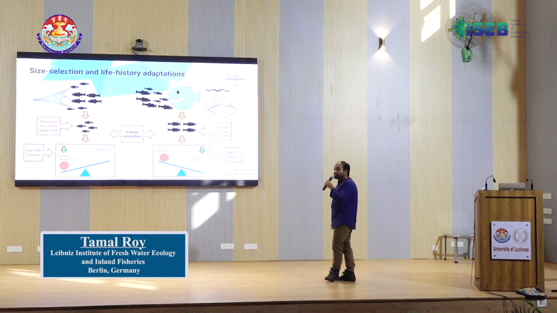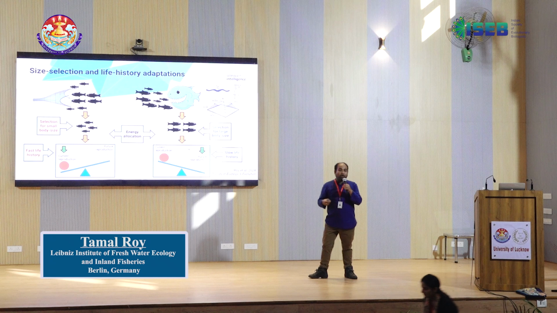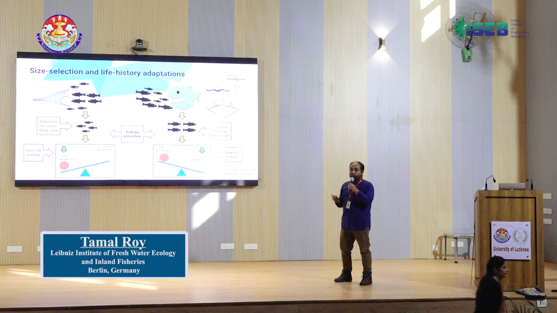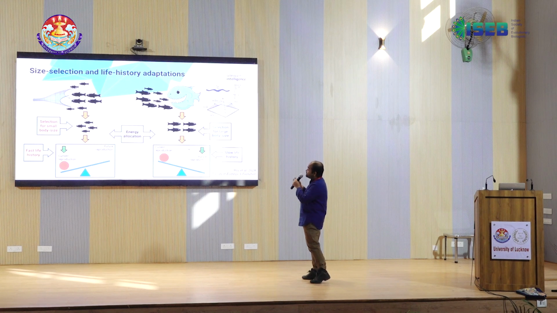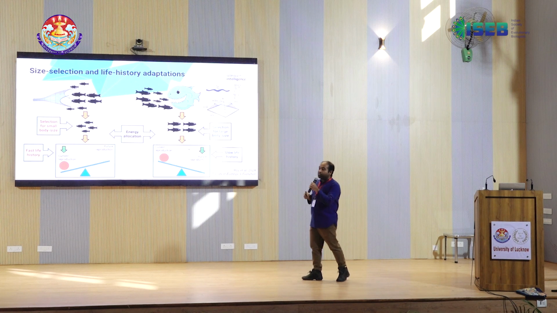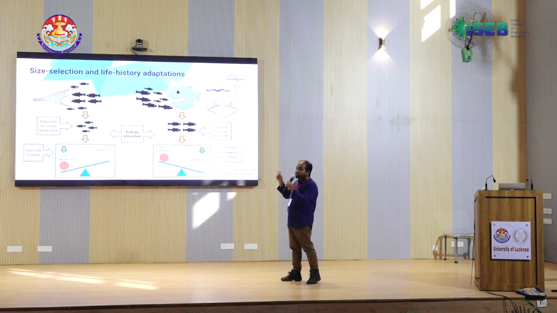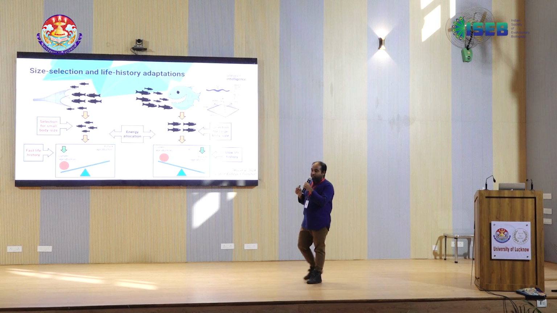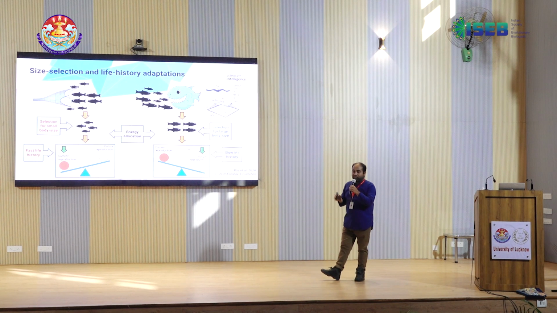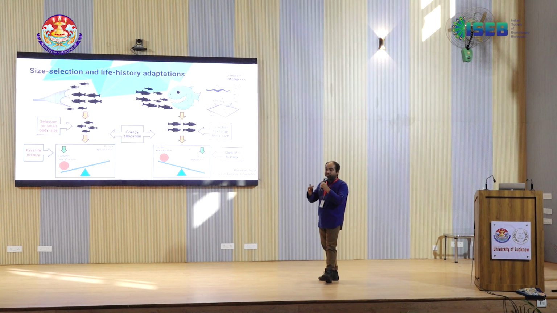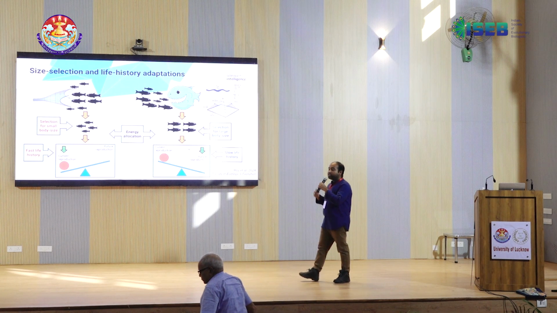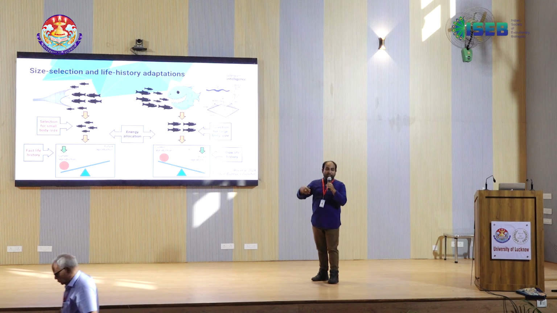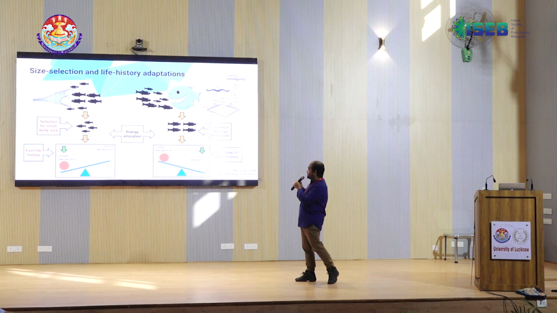Now, fish populations in the wild are confronted with various kinds of predators. This could be natural predators like fish predators or birds, and this could be artificial or human-induced predators. When I'm talking about artificial or human-induced predators, I'm referring to fishing gears. Most fishing gears across commercial or recreational fisheries tend to harvest, that is preferentially catch and take out of the populations, large-sized fish. Now, when this happens over many generations, it leads to a selection for small body size.